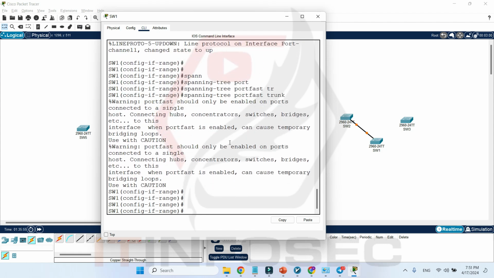Well, when you perform the spanning tree portfast trunk, it will send a caution to notify you that the command is commonly used on access mode ports, and to use this with caution on trunk ports. But because I am sure I will configure all of the ports in the channel group and there will not be any change in the future, it is not that important to configure that. Okay,